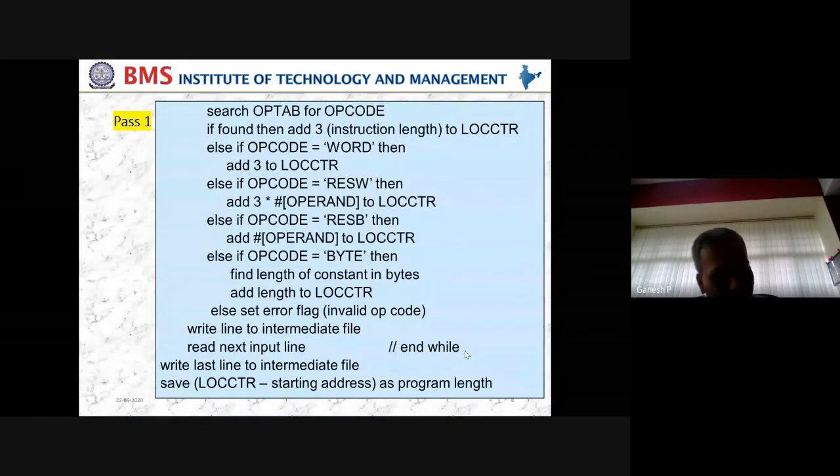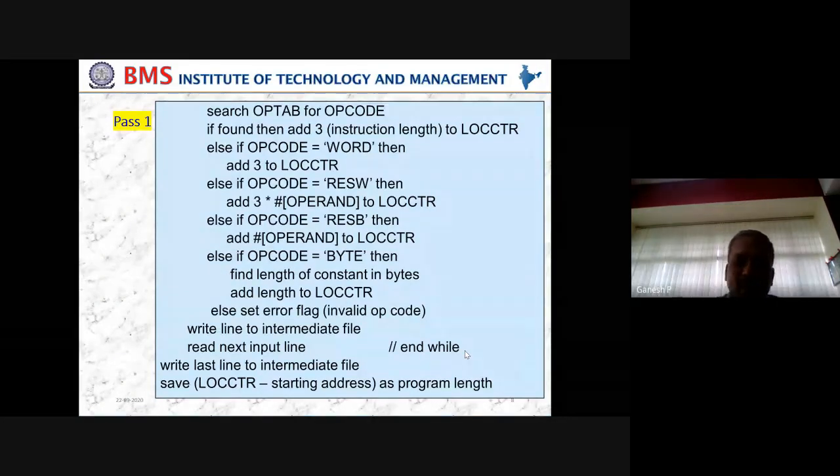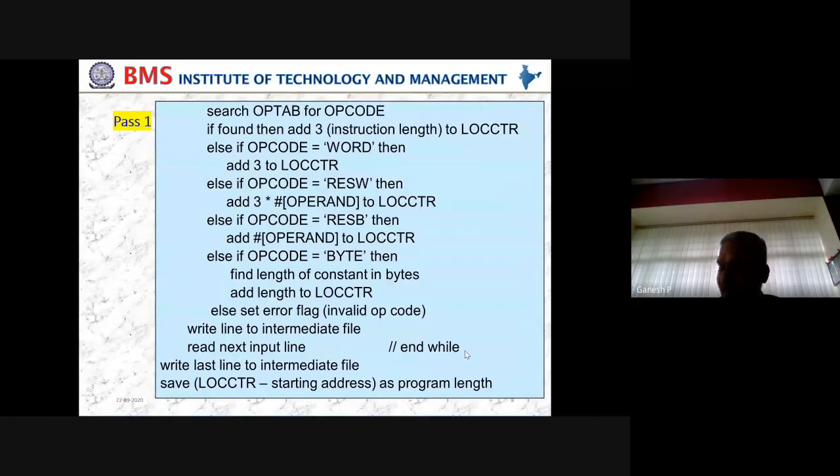We have been talking about how Pass 1 is going to be, what algorithms, what data structures we have, and how all those data structures have been used. Whatever we have discussed manually, we are trying to implement using a program, nothing else. Since we write a program, we have to consider all the options. That's all we are going to do here, and that's what we did precisely. So please go through that once again. If you have any challenges, definitely we'll discuss when you come back in the next class.